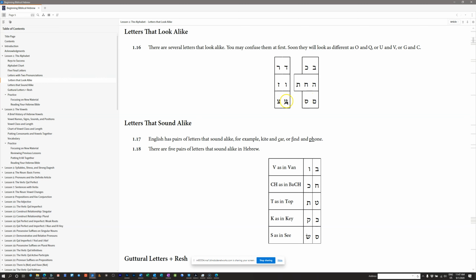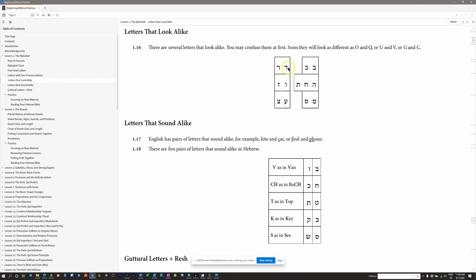The tsade versus the alef has to do with the fact that the tsade, this arm, connects, let's just say the base goes beyond this first arm. Here it's a smooth edge. Here you've got a ridge, okay? So that's the difference between the tsade and the ayin. Now you could say that the ayin comes below the baseline, where the tsade rests on the baseline. The problem is once you put a vowel under this ayin, this becomes a lot more flat, okay, to make room for the vowel.